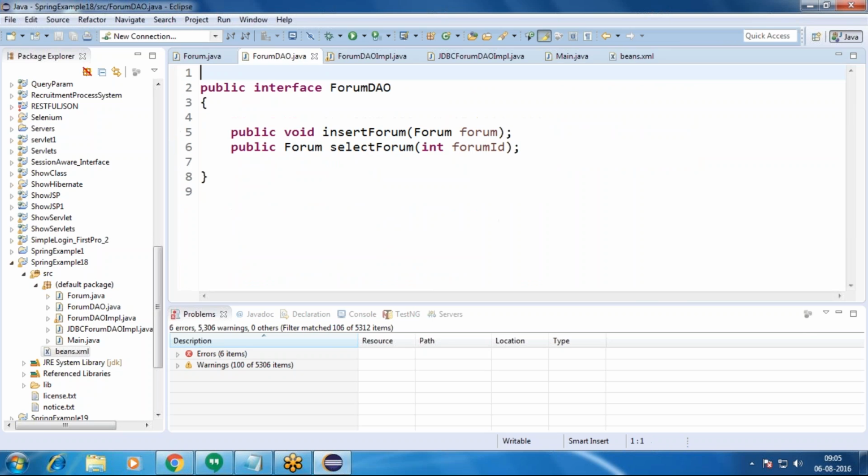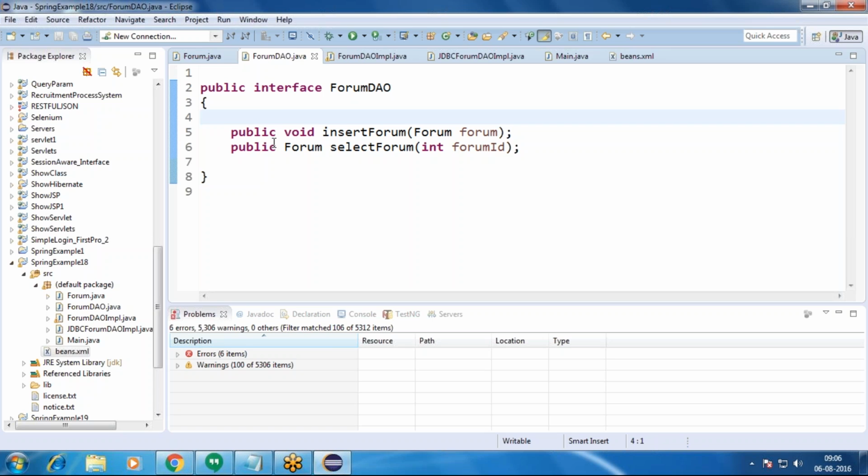Then after that we created an interface. What is meant by interface? We already discussed it in code. An interface represents abstract methods, and abstract methods are nothing but methods that do not have any definition.